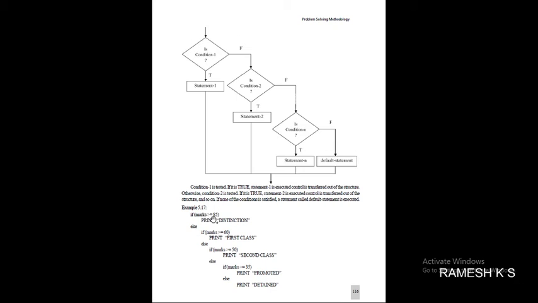See, those who get more than 85% will get the distinction. Suppose I take 55. 55 greater than or equal to 85 becomes false, so it will move to the else if block. Again it checks the condition, it becomes false, so it moves to else, and the second class is satisfied. 55 means second class, correct? Now I take 86. 86 is greater than or equal to 85, which becomes true, and it prints distinction. That is the importance of the if else if statement.